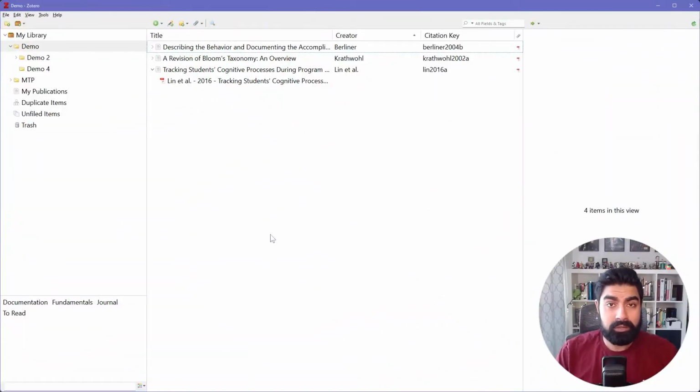In this part, we're going to see how we can read, highlight, and annotate PDFs in Zotero, and also how we can use the Zotero Microsoft Word plugin to generate citations and the reference list for us. Let's take a look. Okay, so next I'll show you how you can read and annotate PDFs inside of Zotero